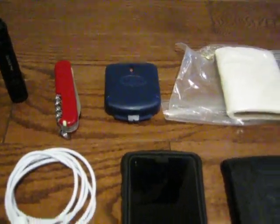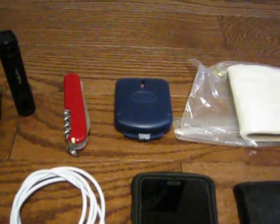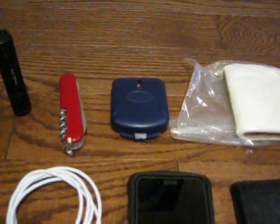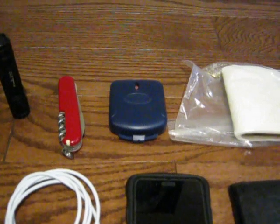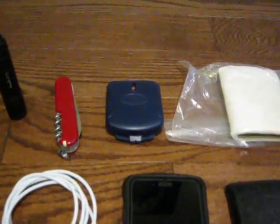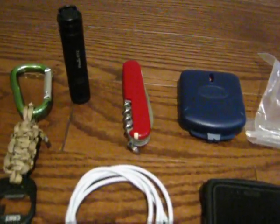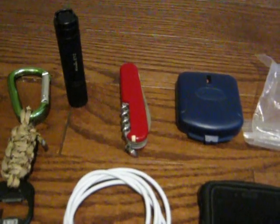But like I said, you have all that stuff on the phone now, but before I never did, and I became pretty attached to the compass. I'm definitely going to hold on to it because it is quite useful to me, and there's a mirror inside of it as well. Pocket knife, like in the wilderness, there's like 100 different things you can do with a